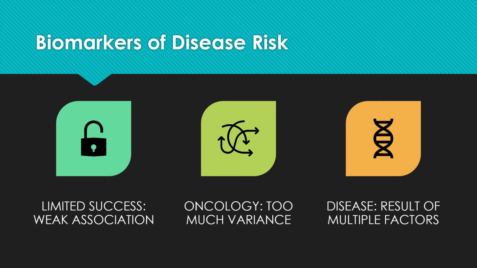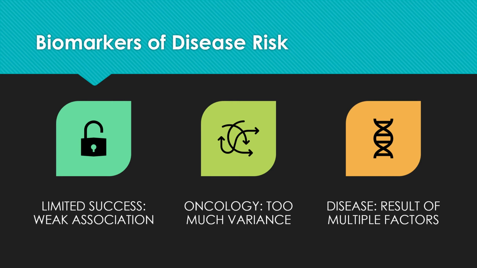Simon first talks about biomarkers of disease risk. He reports that there is limited success, as the research has found that the associations are not strong enough to push onto the general population. Next, he talks about how one of the reasons for this in oncology specifically is that there is too much variance of cancer types. And finally, he says that another reason for this lack of success is that some diseases are a result of multiple genetic and environmental factors, which would make it very difficult to find specific biomarkers to